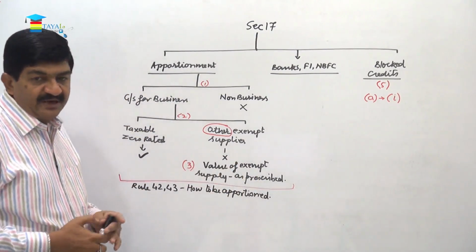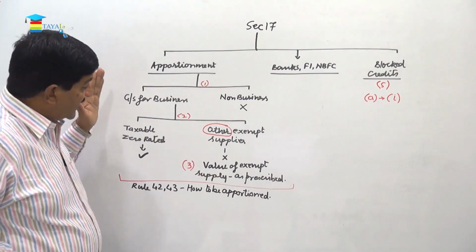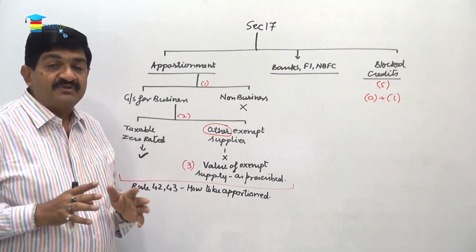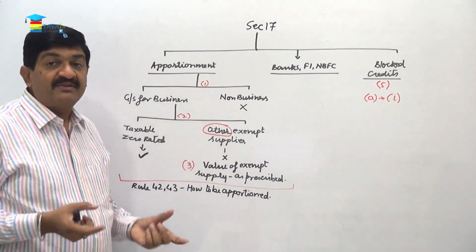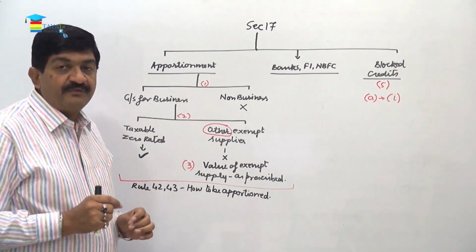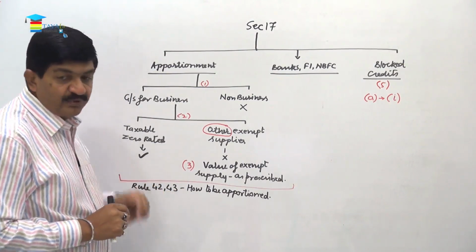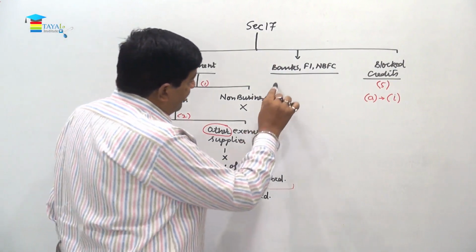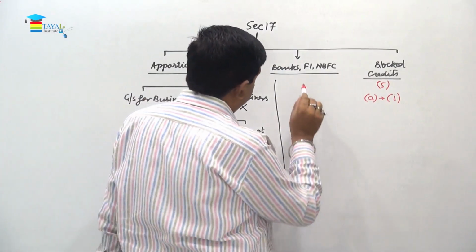So credit will be available only for those goods and services which are used in business, and that too for the taxable as well as zero rated supplies. So if we have certain goods and services which are common for taxable supplies as well as other exempt supplies, then there is a proportion. So the credit will be available only in proportion of the uses for taxable supplies and zero rated supplies. But how the apportionment is to be done, for that we need to refer rule number 42 and 43, right? Now as far as banks, financial institutions are concerned, this is covered in subsection 4,